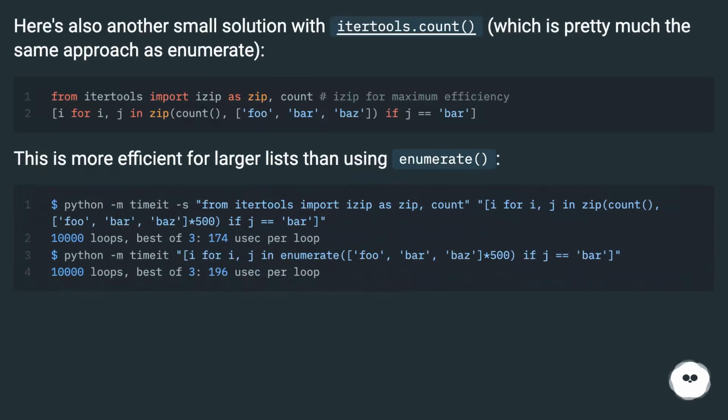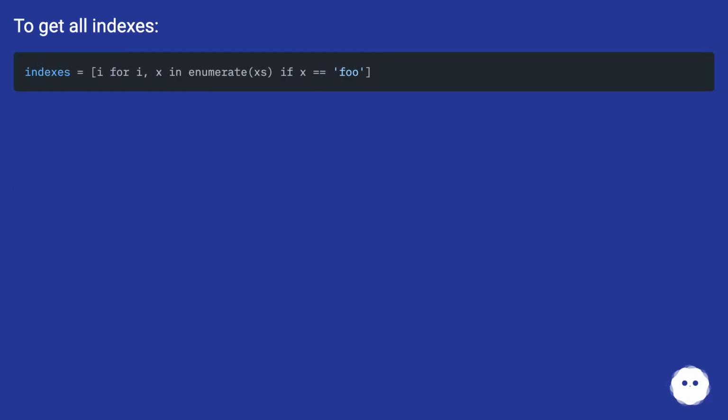here's also another small solution with itertools.count, which is pretty much the same approach as enumerate. This is more efficient for larger lists than using enumerate. To get all indexes,